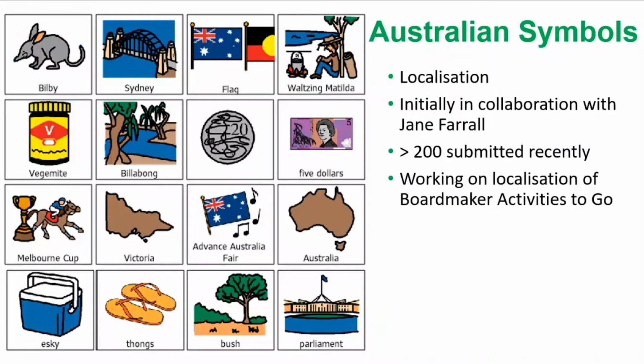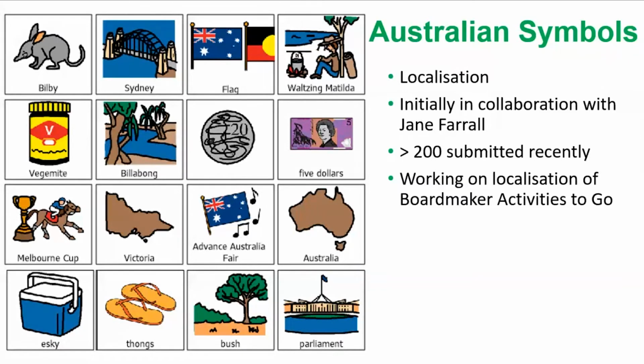And there are Australian symbols, which a lot of people say to me, are there any Australian symbols? Well, many years ago now, Jane Farrell, some of you may be familiar with Jane Farrell, the speech and language pathologist. Jane and I would often be traveling around Australia in different hotels. She might be in a motel in Darwin and I might be in a motel in Cairns, but we'd phone each other and discuss what Australian symbols we needed. And so this was where we came up with symbols like Vegemite, and our Australian animals like bilby, Australian flags, Australian money,